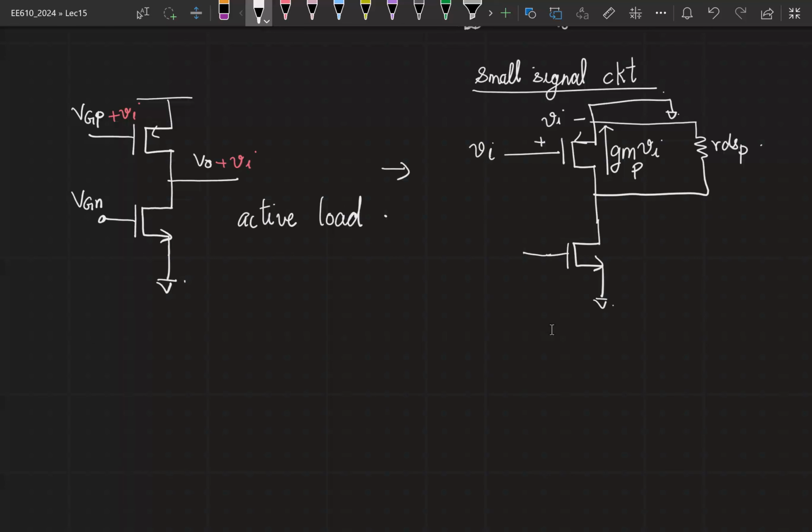What happens to the gate of the NMOS transistor? This is only a bias voltage. Incrementally, nothing is riding on it. Therefore, this is connected to ground, which means its VGS is 0. Current flowing through the transistor is 0. And then you have RDSN. Right? In other words, this is simply